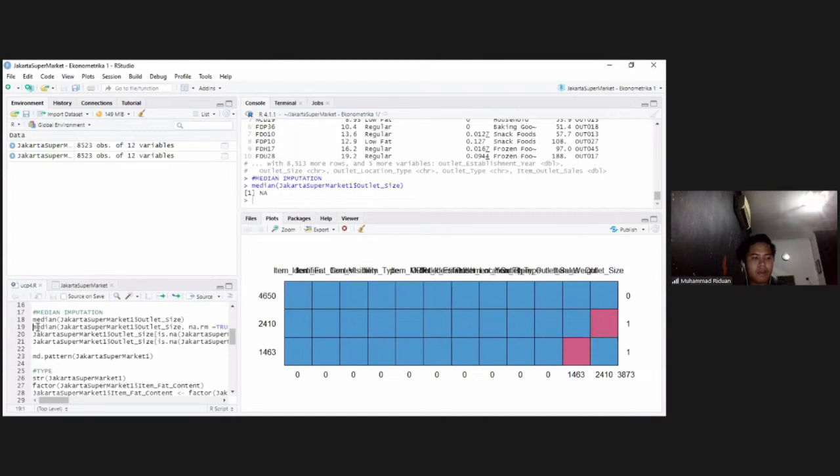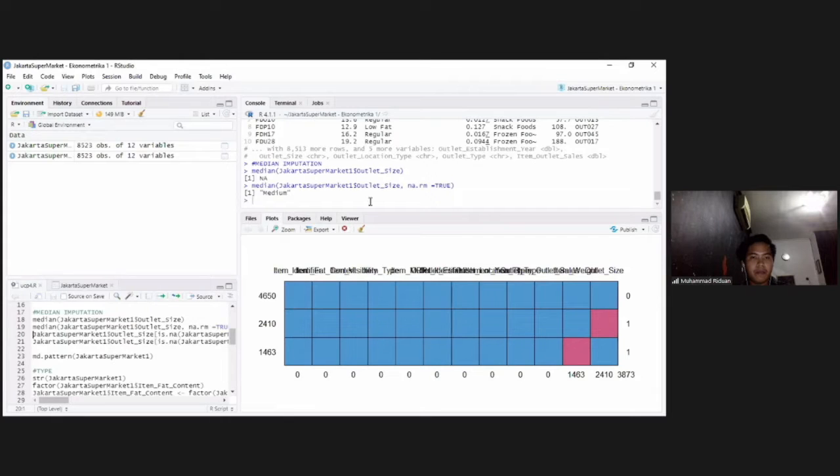Then run this command, and it turns out the result is NA. So by using this command, we find the median outlet size by eliminating data that still have missing values, and get the medium result.